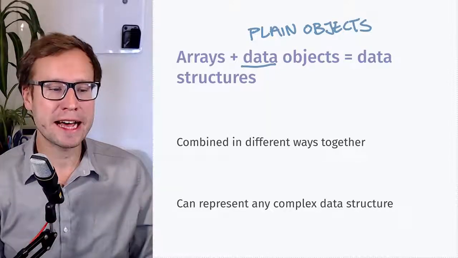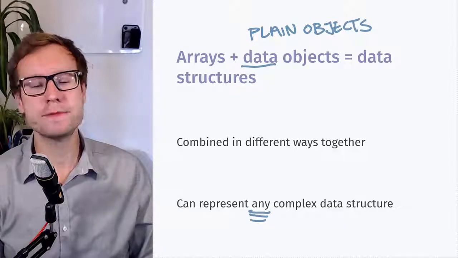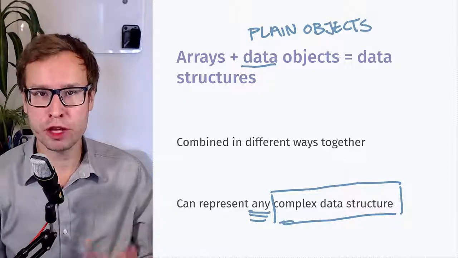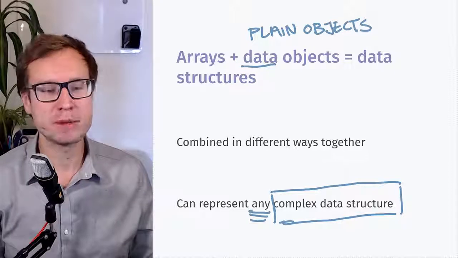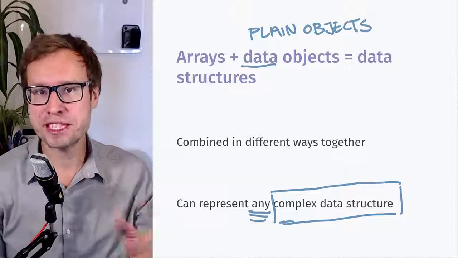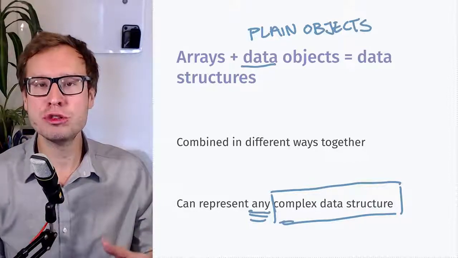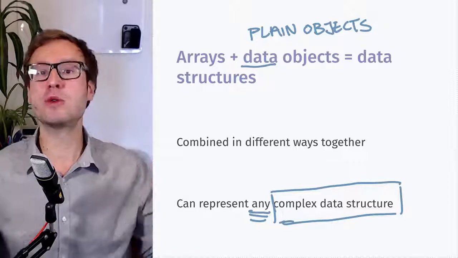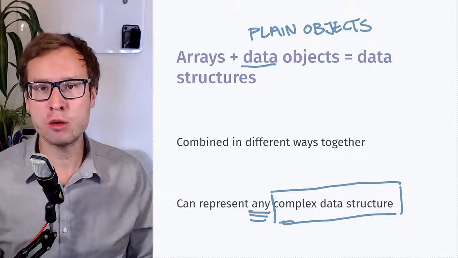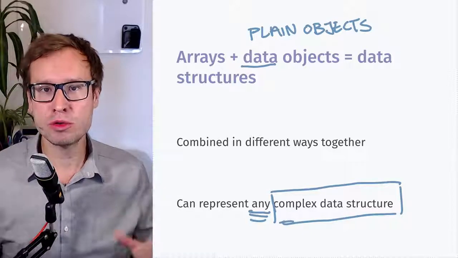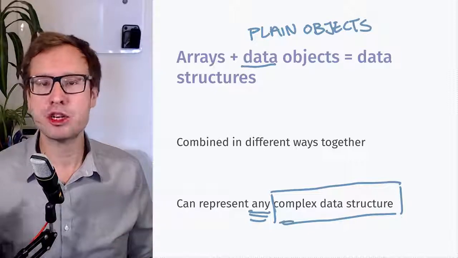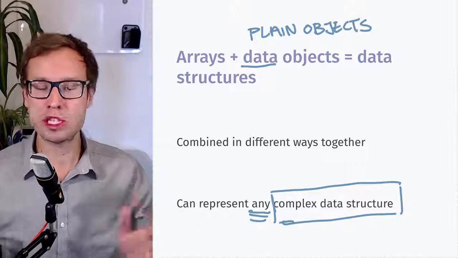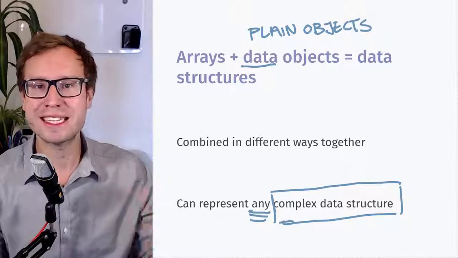But I also want to stress the fact that we can basically represent any complex data structure. So this opens the door for you to represent anything you need in JavaScript. And really, I'm talking about a couple of simple mechanisms that I'm going to show you, but that are used in real-world applications, no matter how complicated. Look at some of the biggest, most complex JavaScript applications you might know. Maybe the data structures that they use are really complicated and have a lot of stuff in them, but they're still just probably represented with plain arrays and data objects. That's it. So once you have that power, there's no stopping you from going as complex as you need to